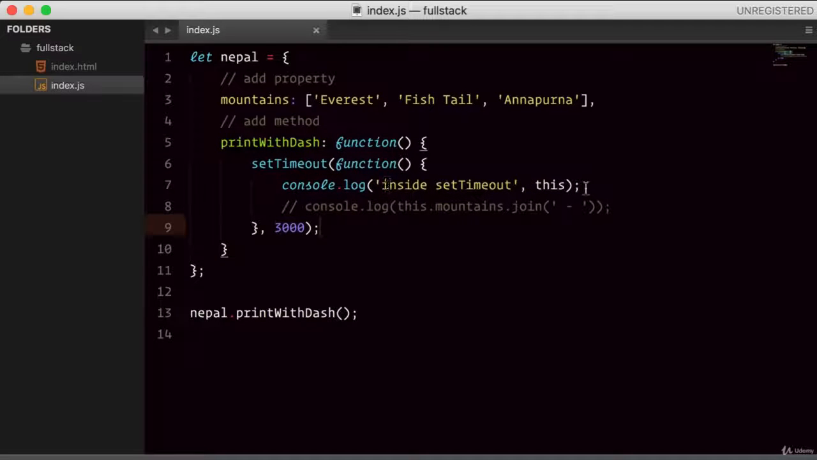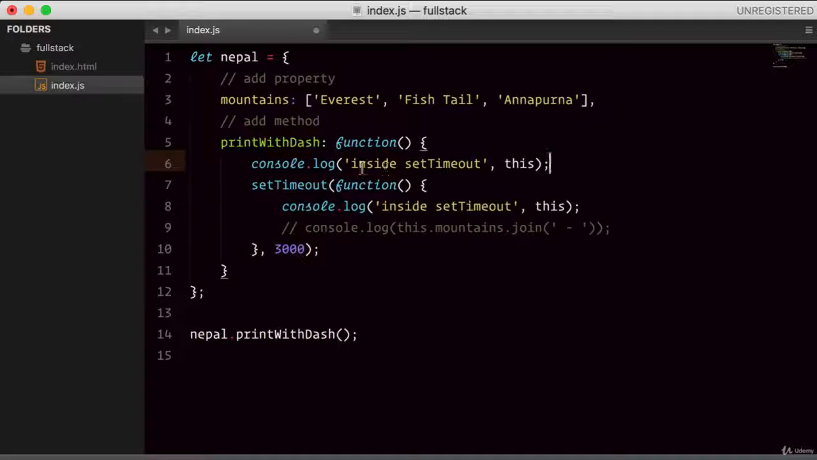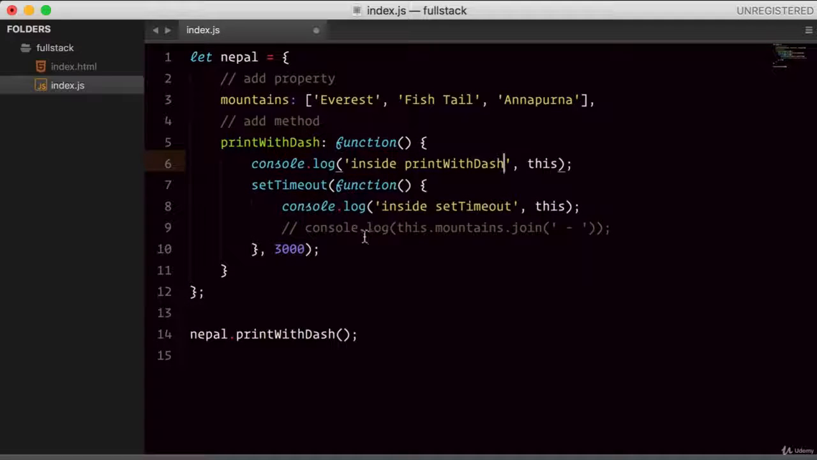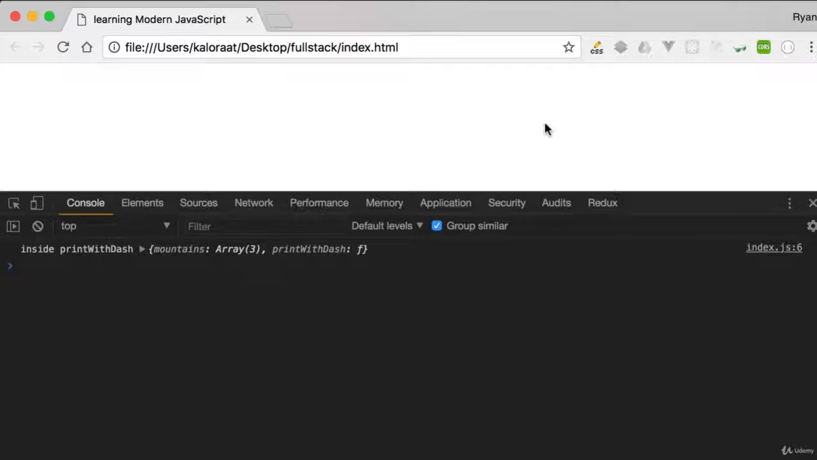Now what about we console log here, and let's write this one inside printWithDash. So let's find out inside this printWithDash method, this anonymous function, when we use this, where this refers to. Let's save and refresh. Okay, so inside setTimeout, that is pointing to the window, but interestingly inside printWithDash, it is pointing